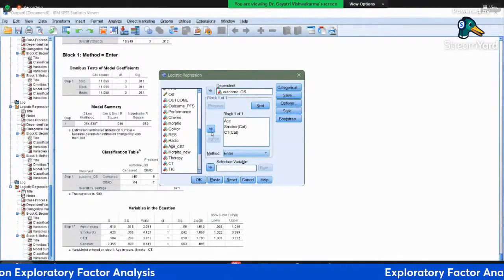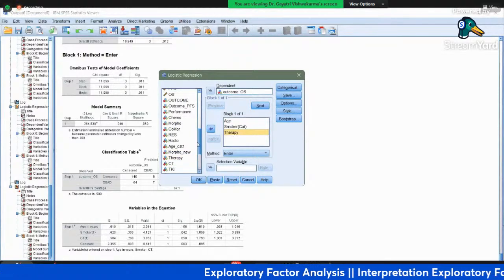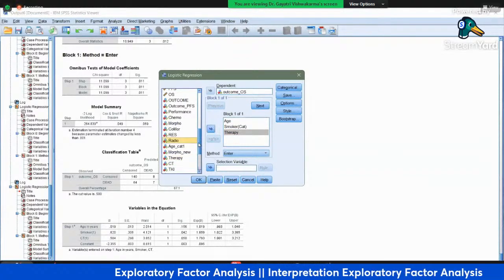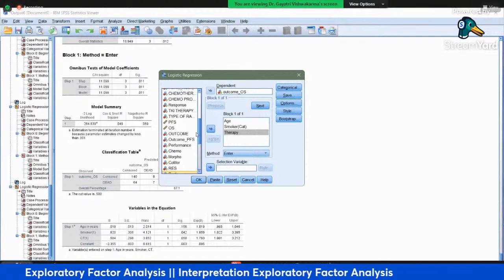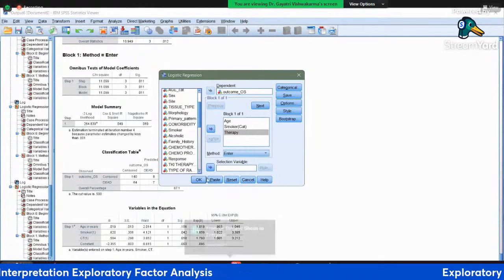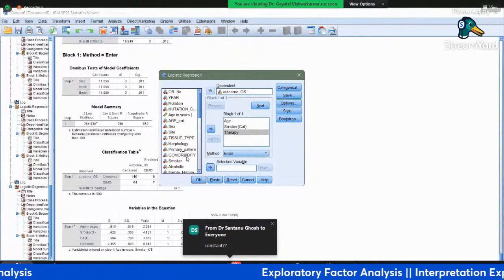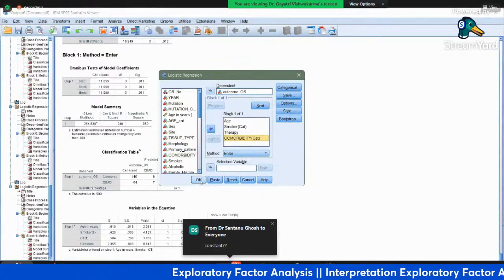So instead of taking just only this, let's take the therapy, because it is having all types of therapies here. And then what else we can do? And comorbidity, because I am thinking that clinically it is important, and then see.